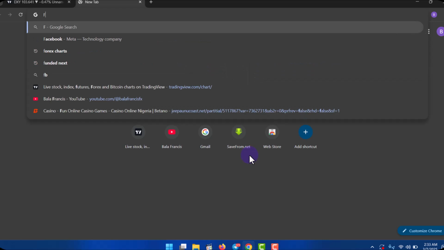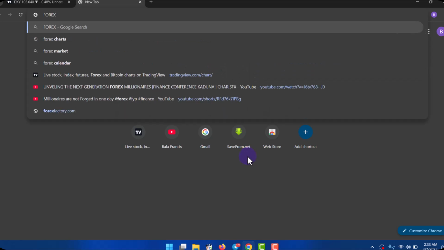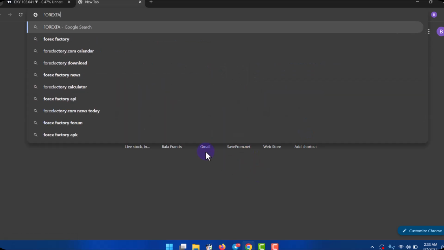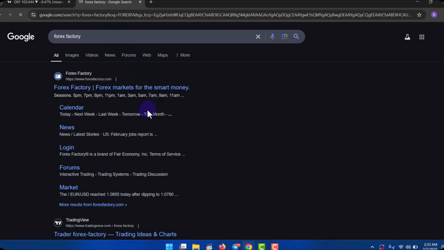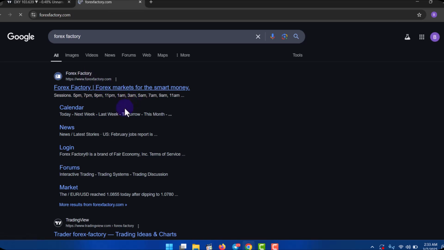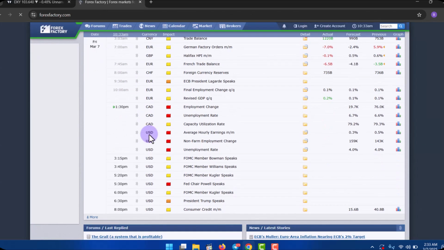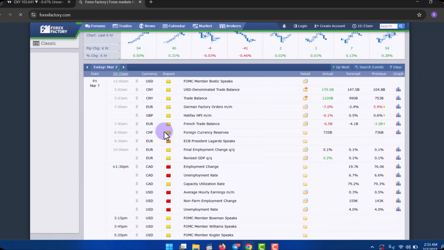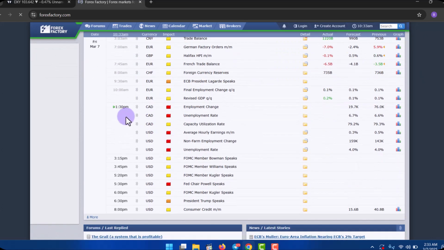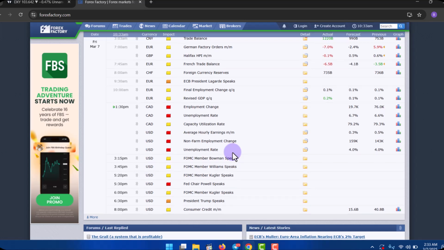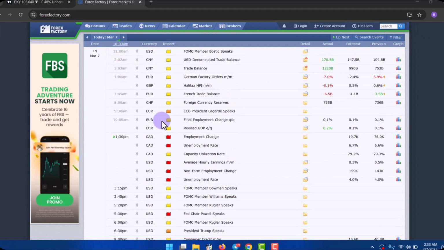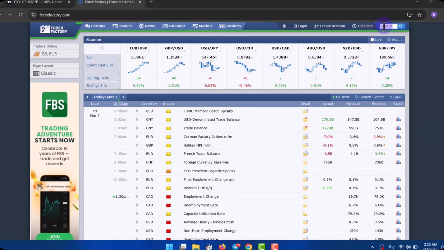You could quickly check the Forex Factory calendar to see how that looks on the economic calendar of events. The non-farm payroll is a news event that usually unfolds on the first Friday of every month around 2:30 p.m. GMT plus 1, and usually when it's about time for the news, you're going to see a high level of volatility in the market.